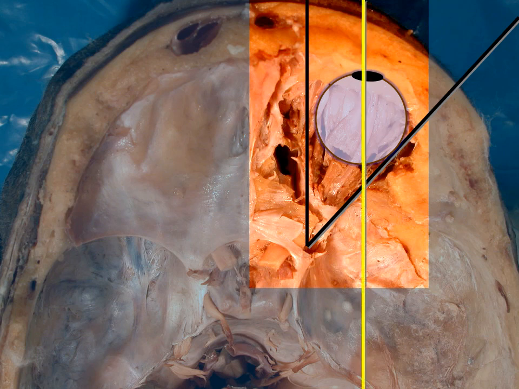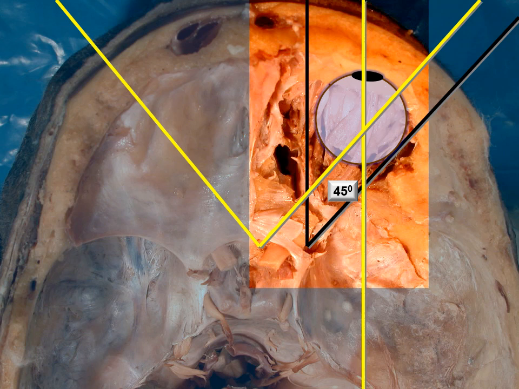That is the axis of the eyeball, considering as if the eyeballs are facing absolutely forwards. Now that line is the axis of the orbital cavity, which runs roughly from the apex to the center of the base. That is the axis of the orbit. Notice that the axis of the eyeball and the axis of the orbit mark an angle of 45 degrees to each other. This axis of the orbit along with the corresponding axis of the opposite orbit forms a 90-degree angle.